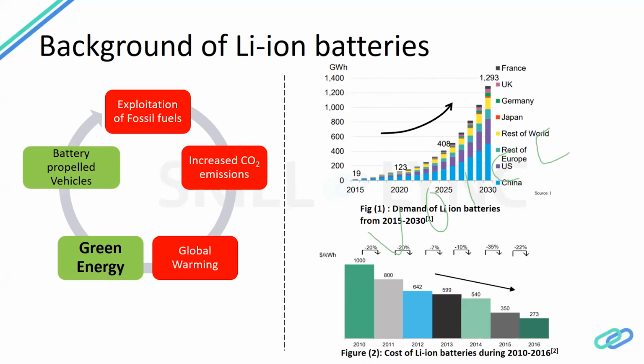Earlier there used to be only one manufacturer of lithium ion batteries. Now they have Panasonic, Maxwell, and too many companies which work on developing lithium ion batteries for cars. Now you have to pay a little attention: you cannot use the remote control batteries for driving a car. You need different lithium ion batteries in the same shape and the same size, but you need to change the materials to drive a car, because you cannot drive a car with the small lithium ion batteries that you have in your remote controls.